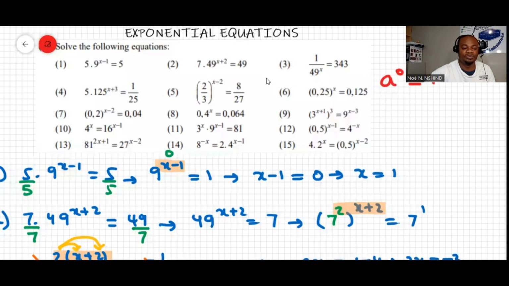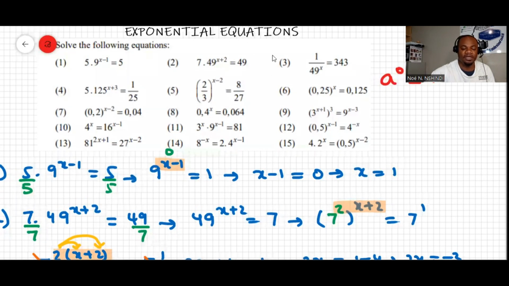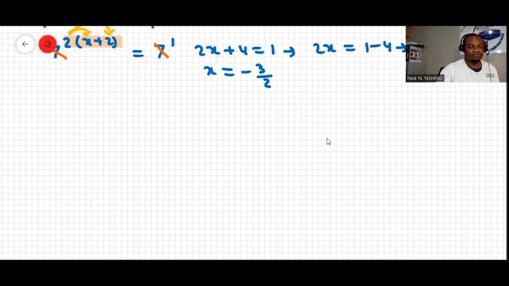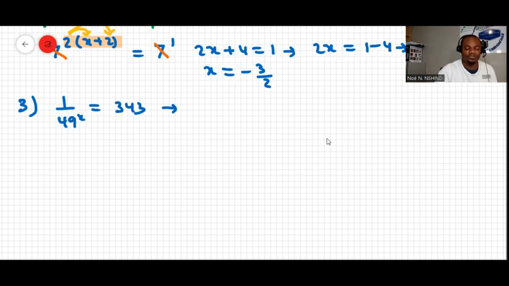In a similar way we'll do question 4. Okay, over here, let's first do question 3. 1 over 49 to the power of x equal to 343. So again, we can transform this. Apply that law of exponent that says a to the negative m equal to 1 over a to the m. As I said, the formulas are useful both from left to right as well as right to left. So in this case, we can write